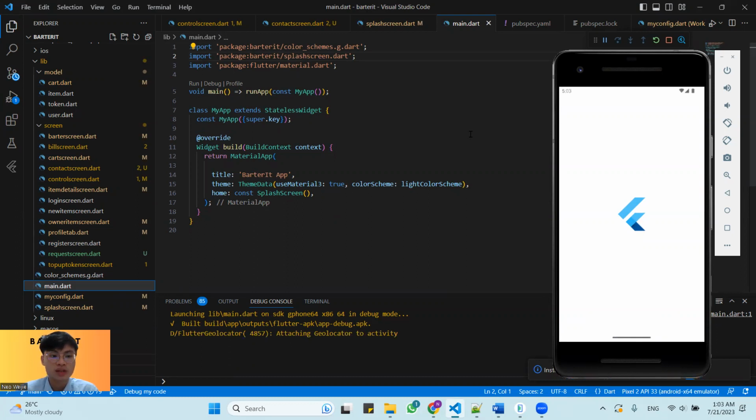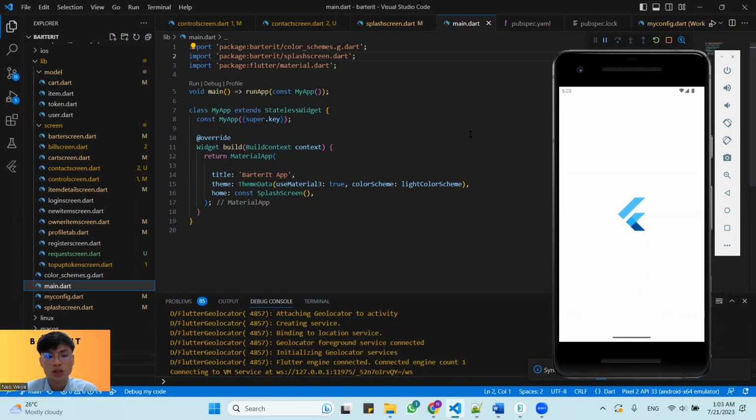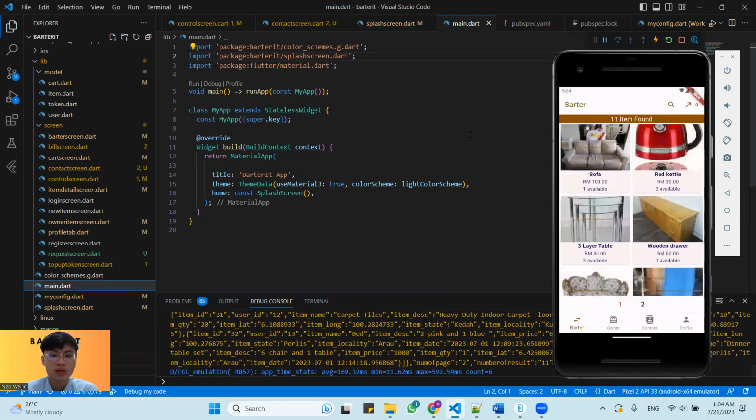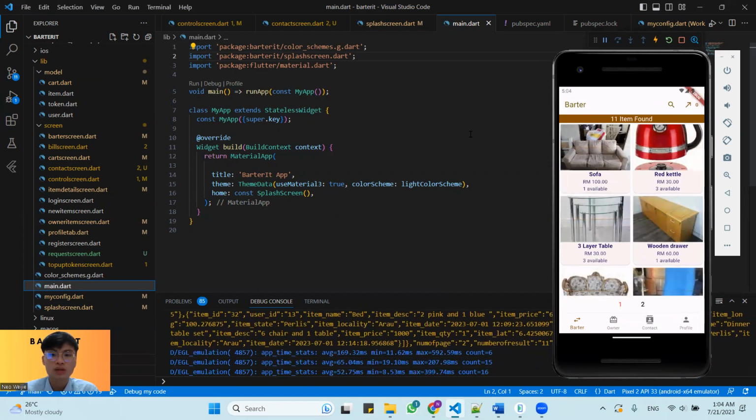So after they make the transaction, I will provide them the contact number, so let them contact each other and deal with the delivery or pick up. It depends on the client. So okay, this is basically my project. So let's start with the